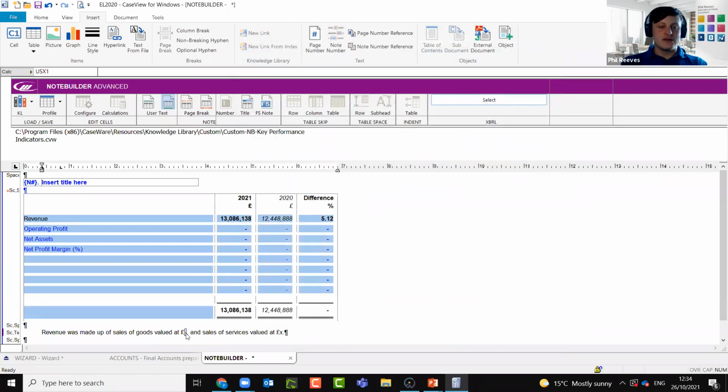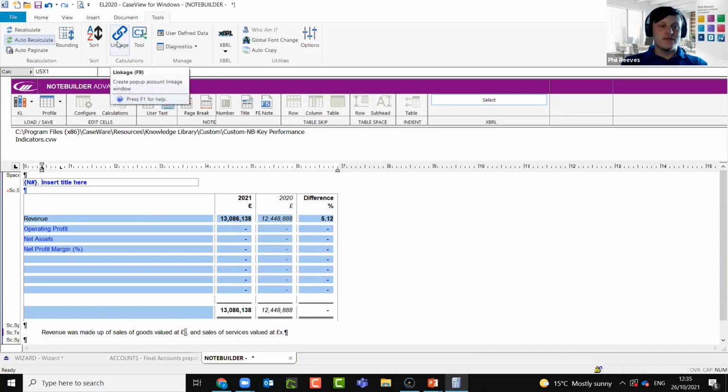And as you can see, the cell is available here. Now, at the moment, it's not coming through with anything because we haven't put a calculation in. But what we want to do is populate this from particular map numbers. So I can go to the tools options and I have the option for linkage. Now, again, all the options that we're showing here are also available within the accounts, but it's just to be able to build them with your Notebuilder notes. So we go to linkage